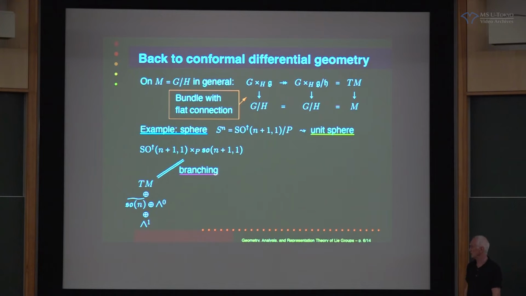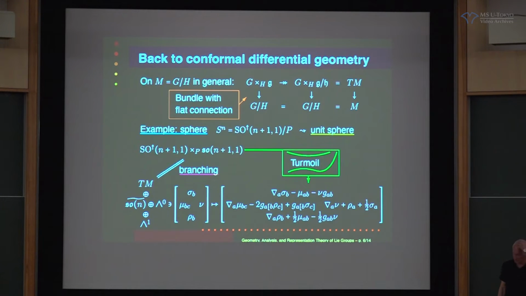So you've got the tangent bundle, which is there already. You're expecting that one. You have the cotangent bundle, which is naturally just a sub-bundle, but here it's split up. And then in the middle you have a trivial bundle, and you have a bundle which is modeled on the Lie algebra of SO(n), which of course you can think of as 2-forms. And then after some turmoil, you can write all this out in terms of the round metric on the usual sphere.